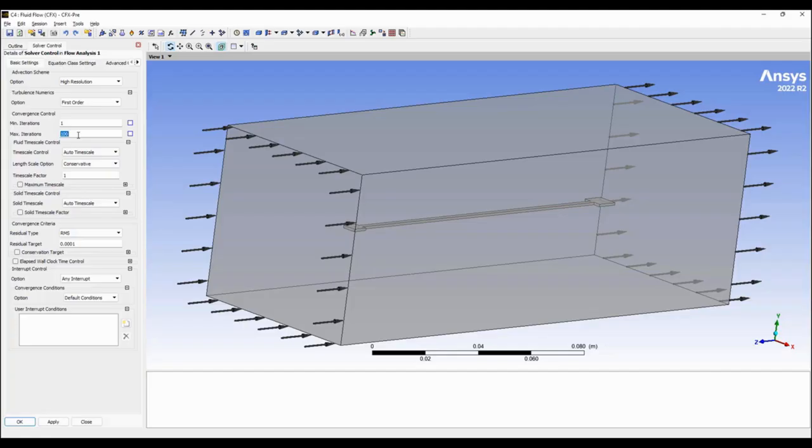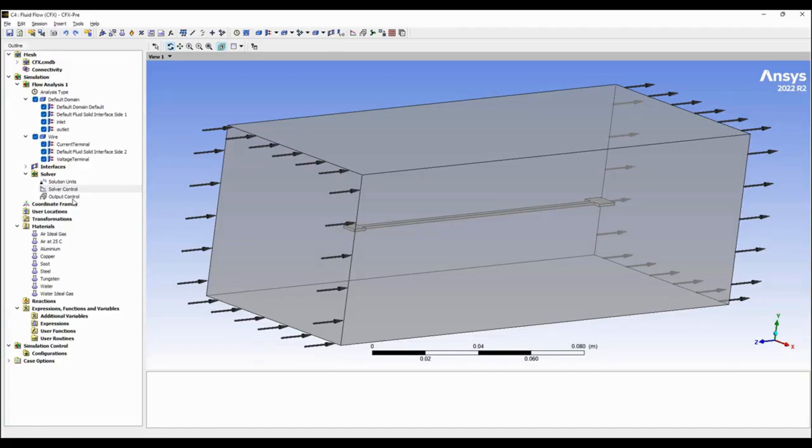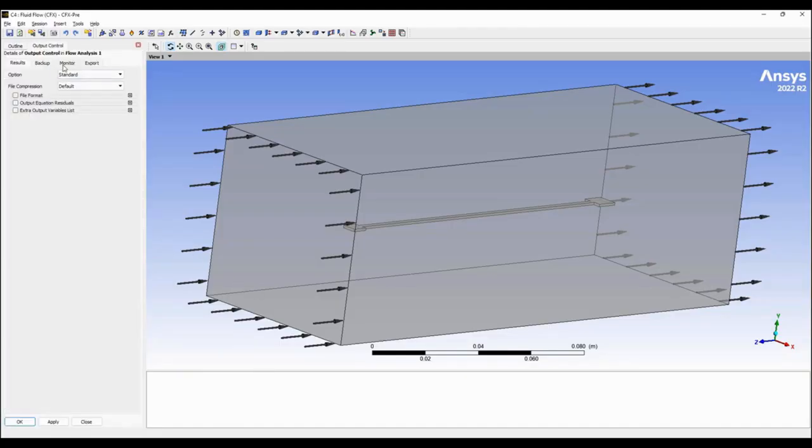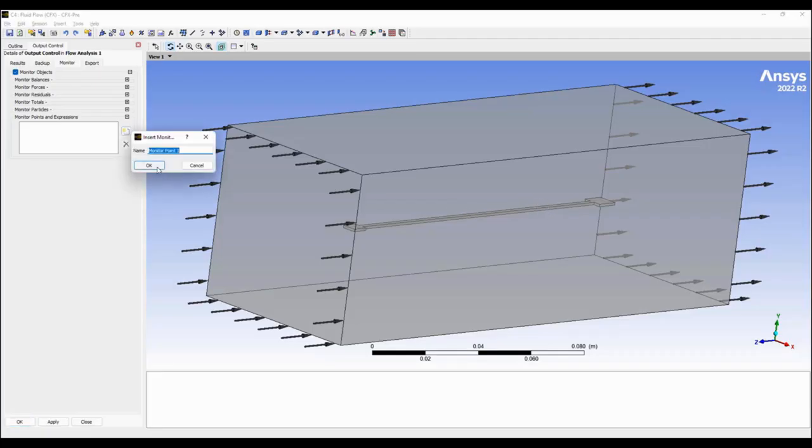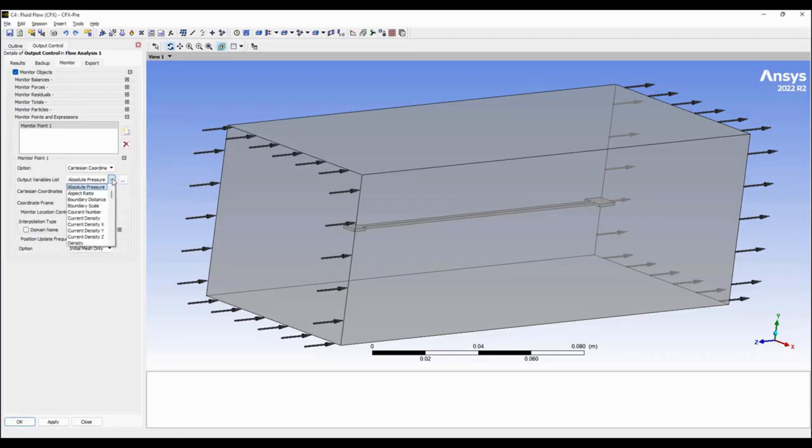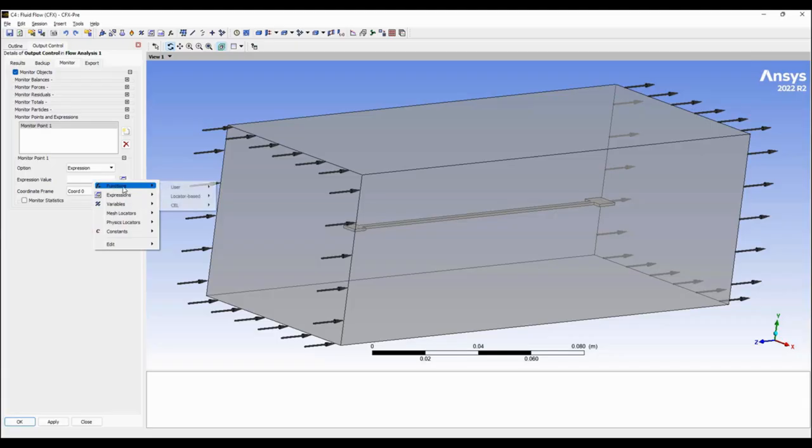And typically we should converge within 100 iterations, but let's do 200 just to be safe. And what we typically like to do is monitor the temperature, because we care about what the temperature is on our wire. So let's add a monitor point, and we're going to use an expression. So we're going to monitor